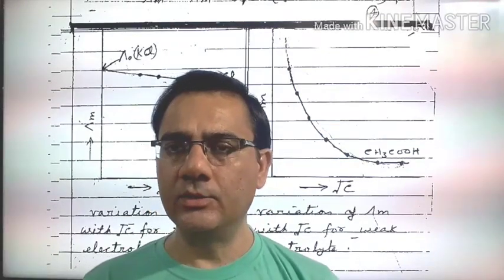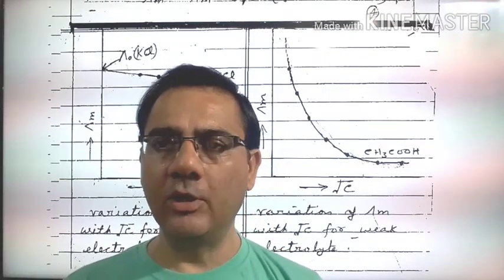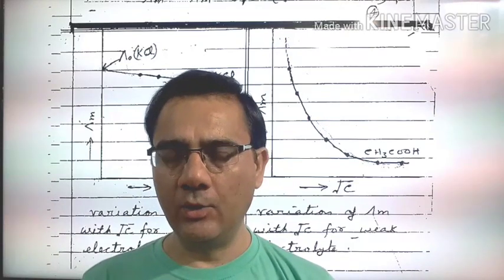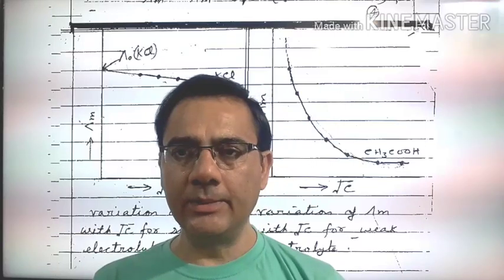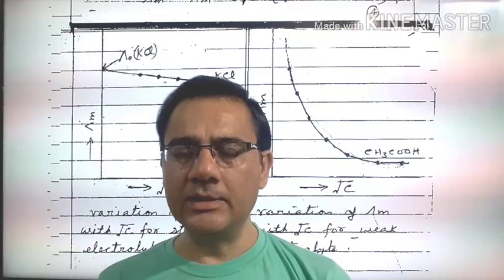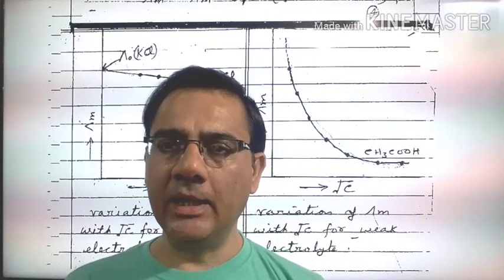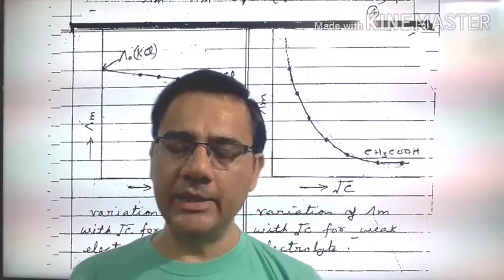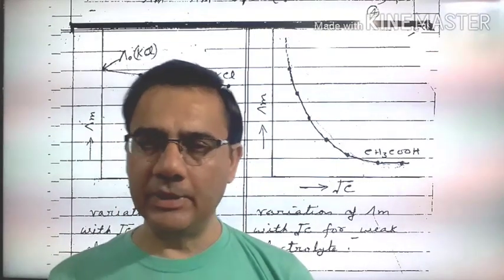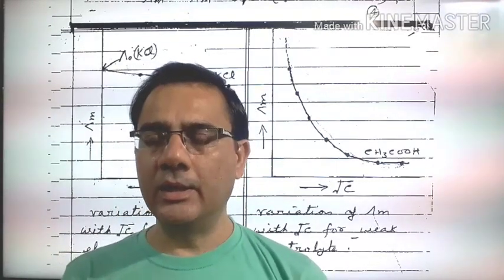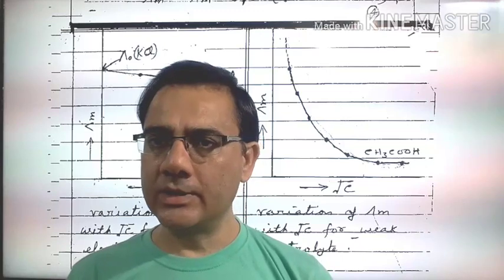What did he say? He said we can calculate also the limiting molar conductivity of a strong electrolyte. How? By knowing the individual limiting molar conductivity of an ionic compound. जैसे KCl is the ionic compound. इसमें अगर हमें K plus और Cl minus की individual limiting molar conductivity पता हो, then we can calculate the limiting molar conductivity of a solution. तो इसके लिए जो Kohlrausch ने idea बताया था, that we are going to see here.